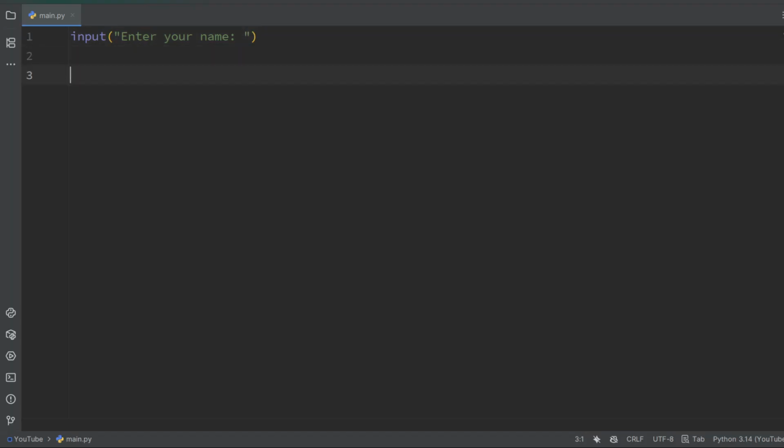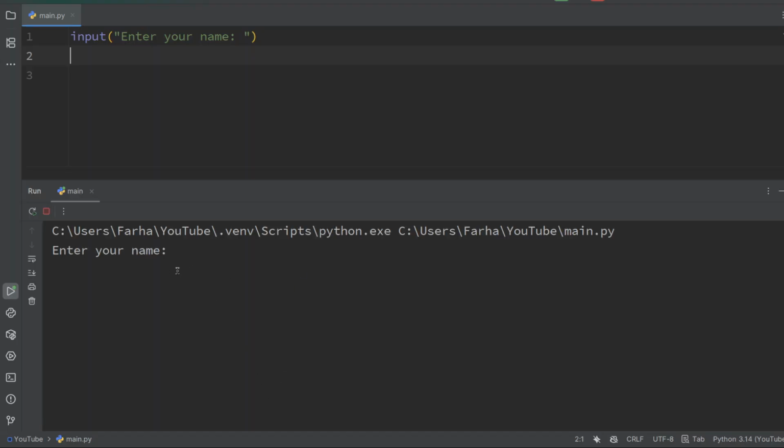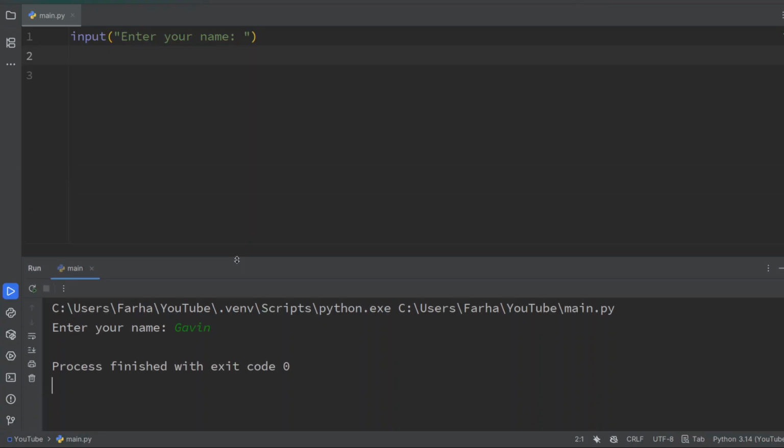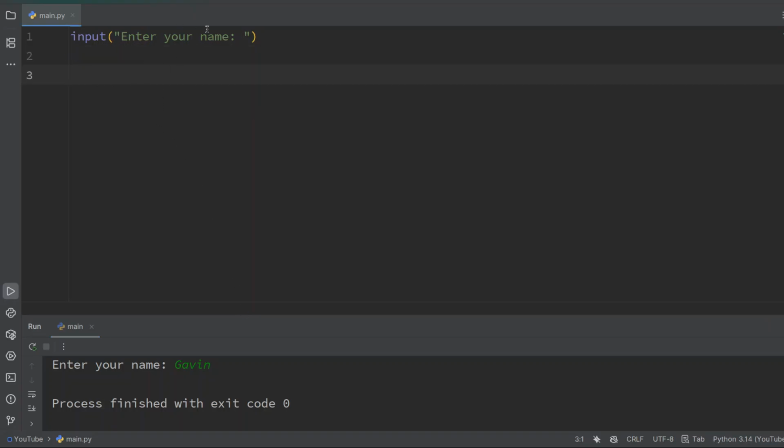So input, and right now whatever input we get, you can give whatever input you want. You can give something like Gavin, but this right here isn't actually being stored somewhere,